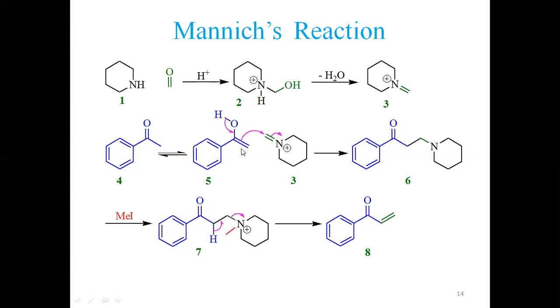This carbon shall be electron deficient. This carbon shall donate electron density to this, and this carbon shall be electron deficient. So this hydrogen leaves to generate a carbon oxygen double bond. So we are getting this carbon bonded with this carbon. This carbon is coming from formaldehyde, and now this carbon is bonded with nitrogen. All right. Now what happens? Now how can we remove this group, because we don't want this here.